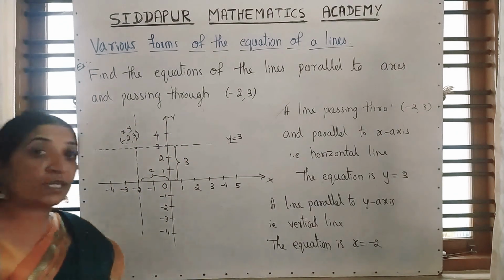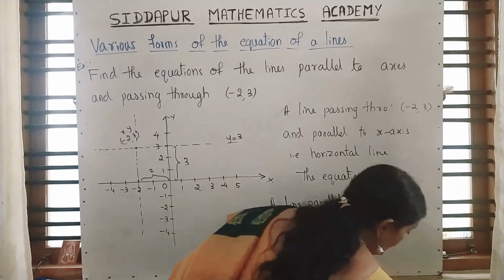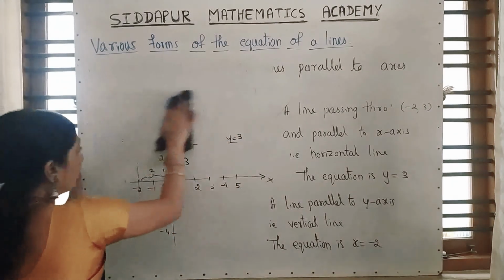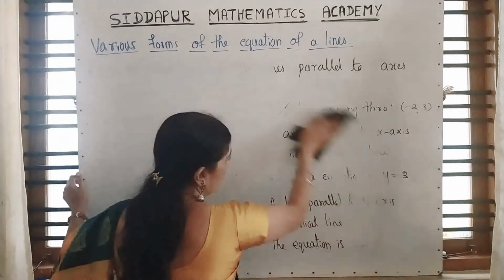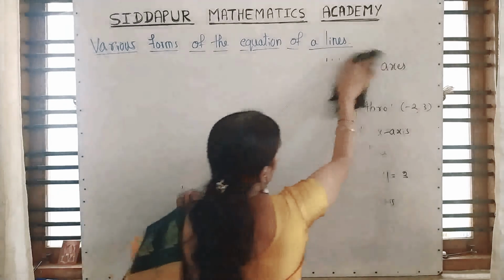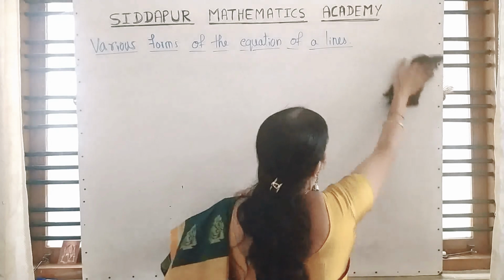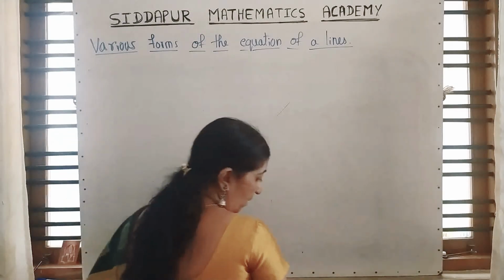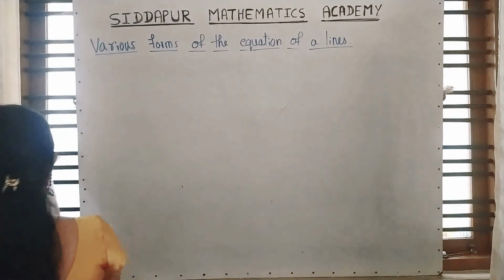Now I am moving to the derivations of various types of equations of a straight line. Straight line is one only. We have different forms of equations. First one, a slope and one point, that means the equation of the line having the slope m and passing through the point x0, y0. One point and one slope is given. So first derivation, that is very important.